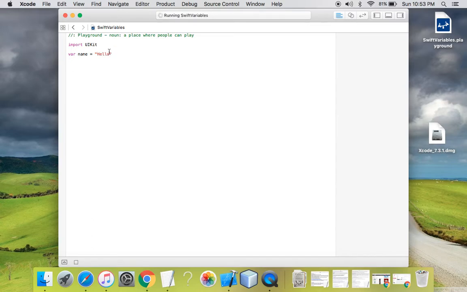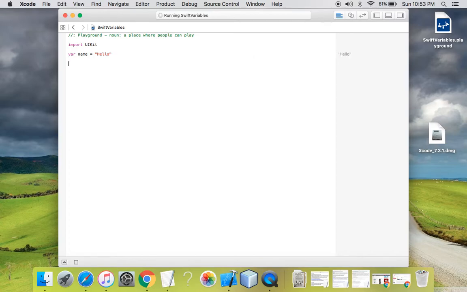hello. So in this statement, I'll let you know what is going on. I have created a variable with the var keyword, and the name of my variable is name, and I'm assigning it a value of hello with an equal to sign. As you can see, the value of my variable is getting printed on my sidebar, which I discussed with you, the use of playground. So let's play with the variable.